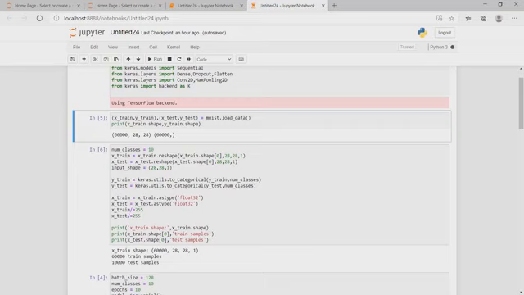Here the machine learning is Python. The MNIST dataset contains 60,000 trained samples and 10,000 testing images of handwritten digits from 0 to 9. That is, the number of classes is 10, that is 0 to 9.